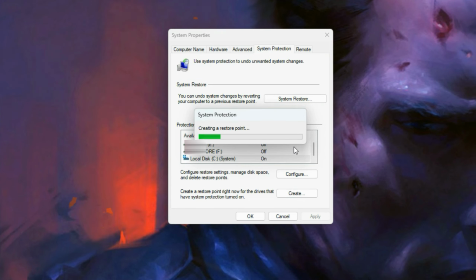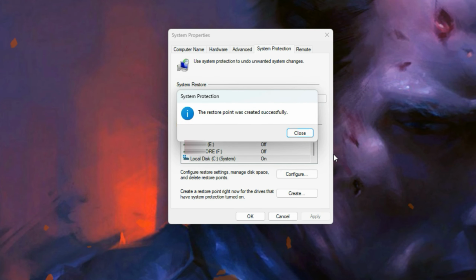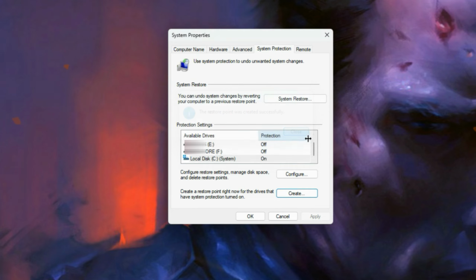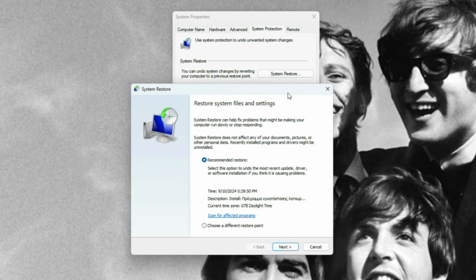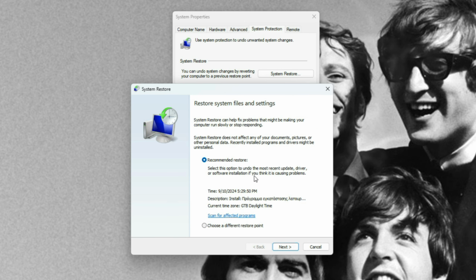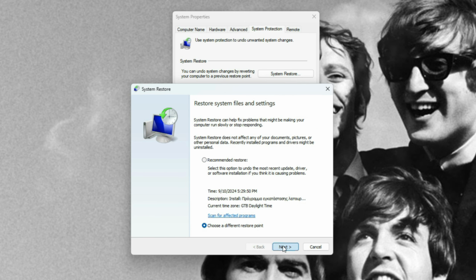Click on the Create button and give it some time to create a restore point. And that's it. The restore point was created successfully. Click the Close button, and now if you want to see the restore point you created, simply click on the System Restore button. I will select the Choose a different restore point because my system has created more restore points